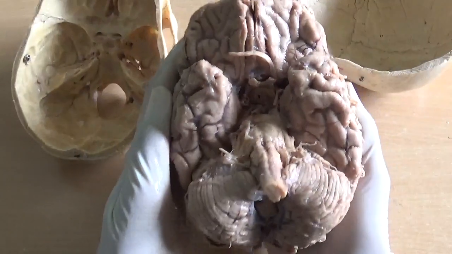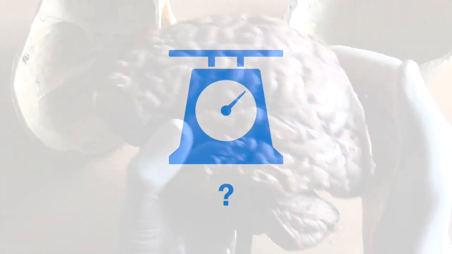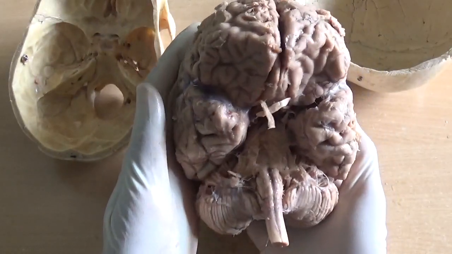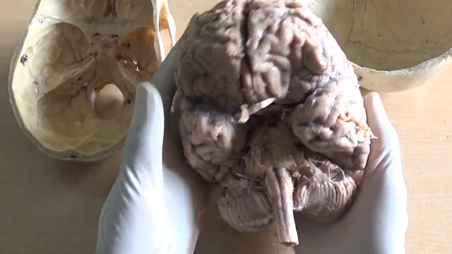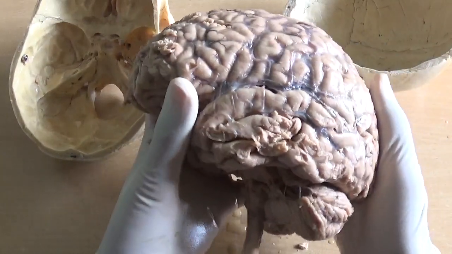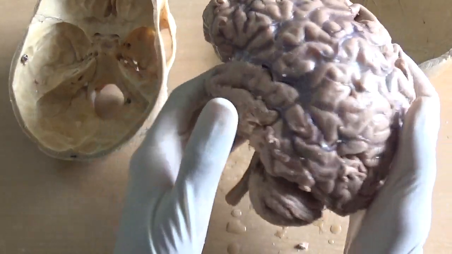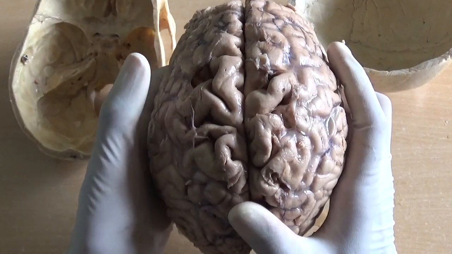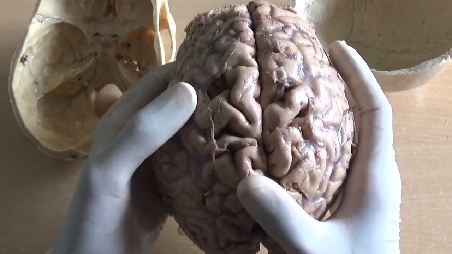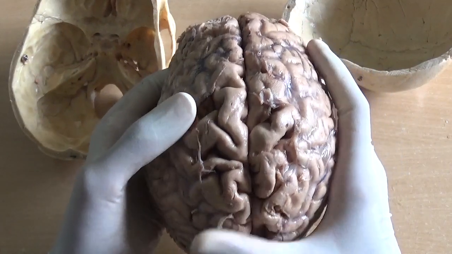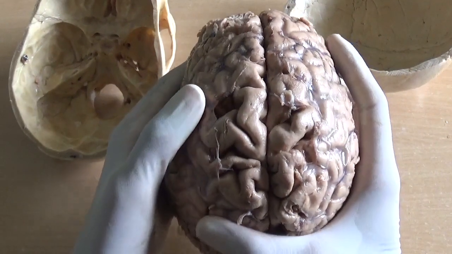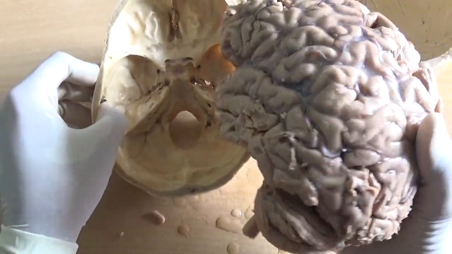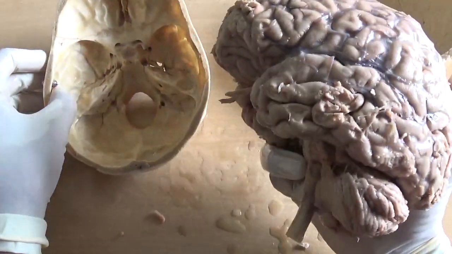So it is a bit heavier. So what is the weight? In an adult male, on an average it weighs 1400 to 1500 grams, and in an adult female, on an average it weighs 1200 to 1300 grams. Now just imagine, this much heavy brain we need to hold over our cervical spine, along with the skull, along with the soft tissue, along with the blood, along with the CSF.